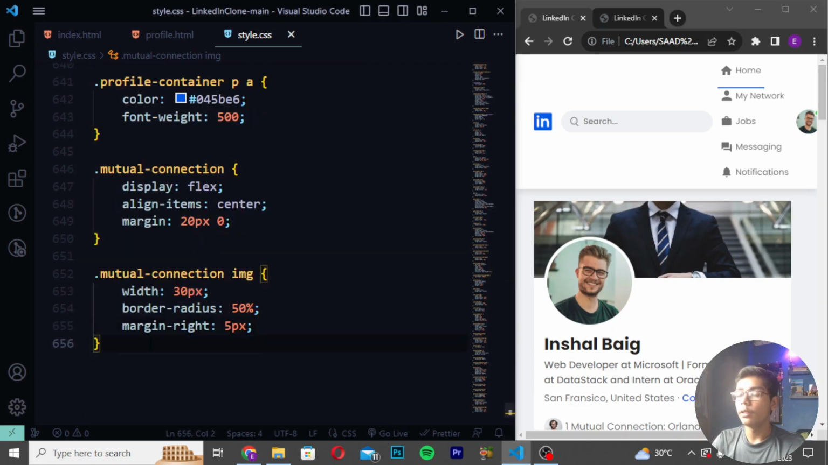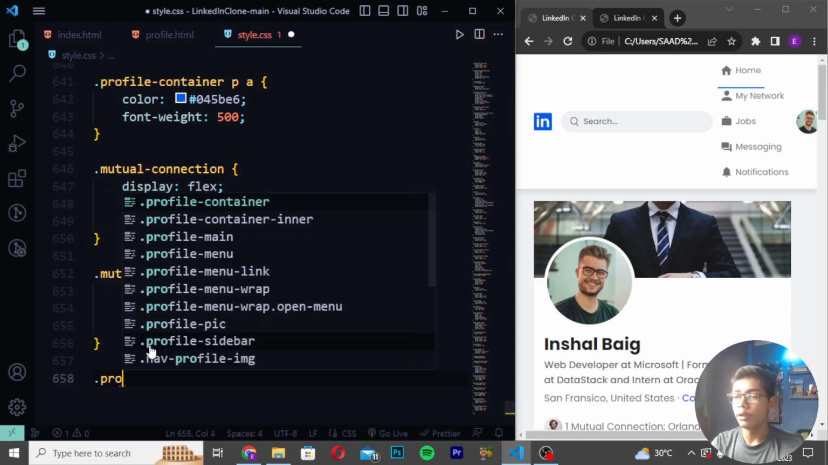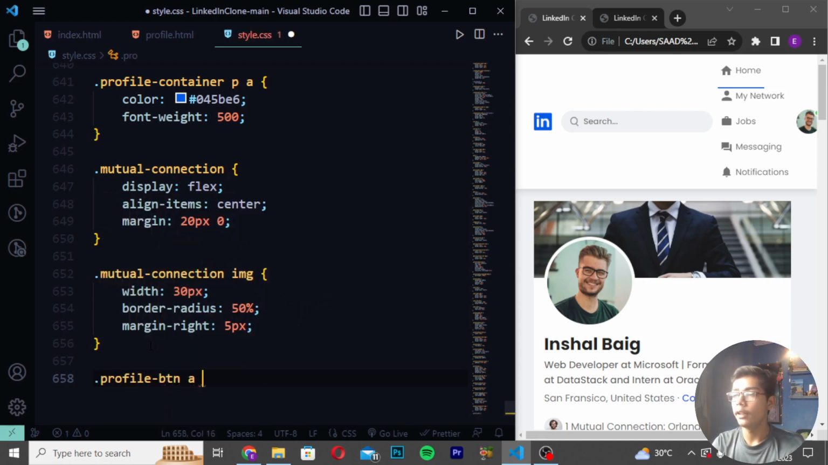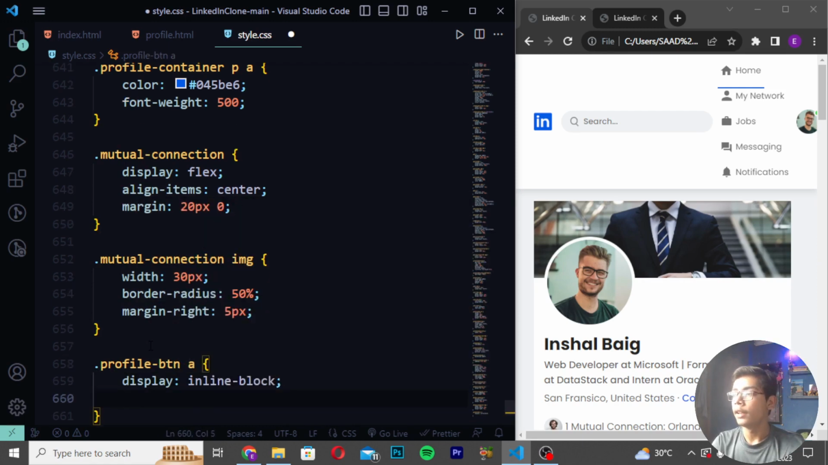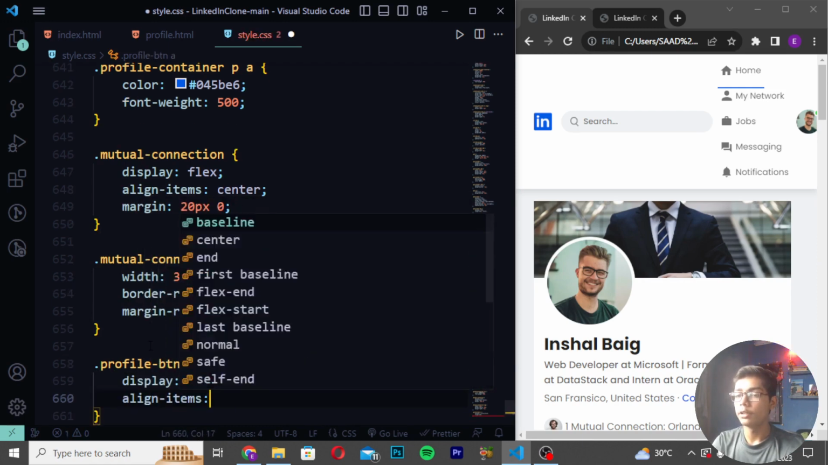Now after getting that all stuff, you have to move down, and then I will be just doing one thing, like we are now getting all the things here which is looking good now. So after getting these all things styled, you have to now just do one thing. We have to now just style the profile BTN this time. So I will be now writing here profile BTN A, and I will be now just writing here display inline block. Then I will be now writing here align items should be